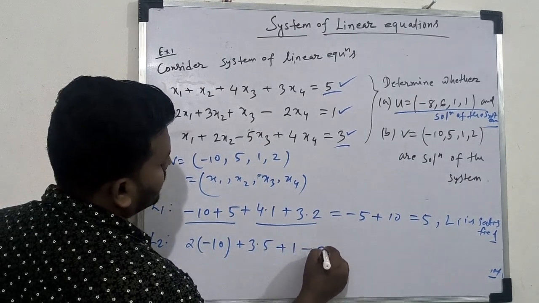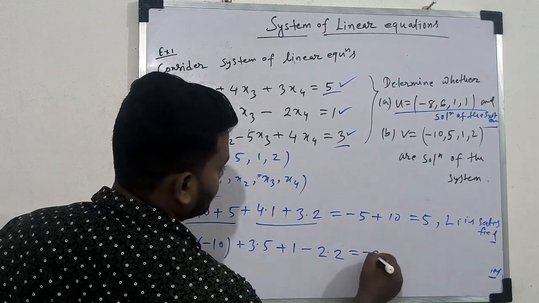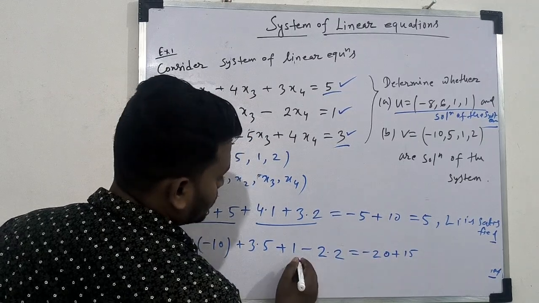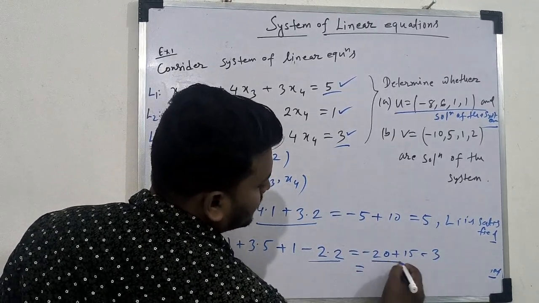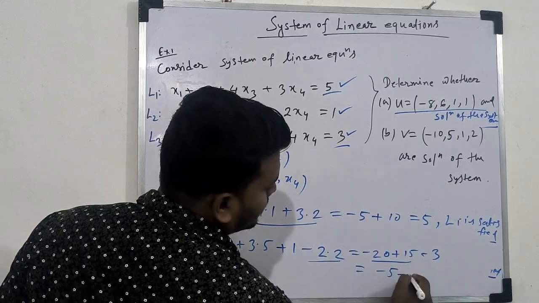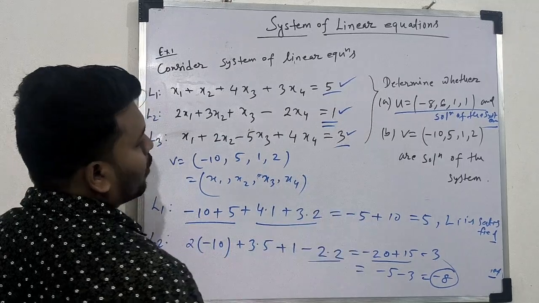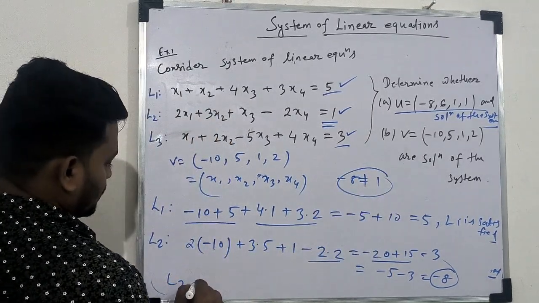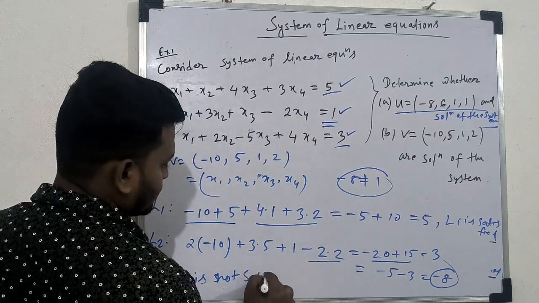Okay. For L2, 2 into x1, that is minus 10, plus 3 into x2, that is 5, plus x3, that is 1, minus 2 into x4, that is 2. So from this minus 20 plus 15 plus 1 minus 4, that is minus 3. So from this we get minus 5 and minus 3, that is minus 8. So this is minus 8, but here it is given 1. So minus 8 is not equal to 1. So L2 is not satisfied